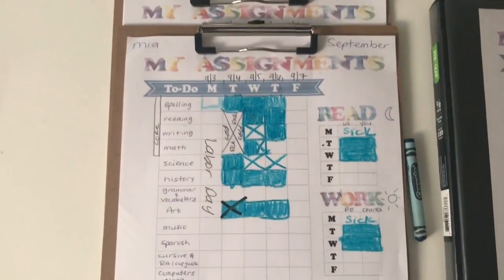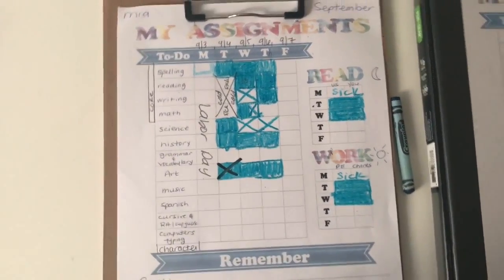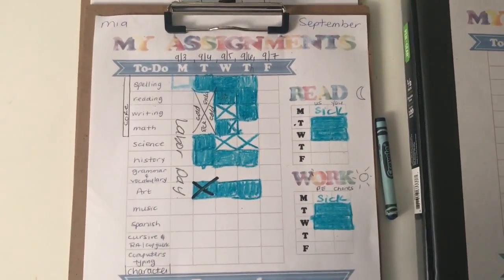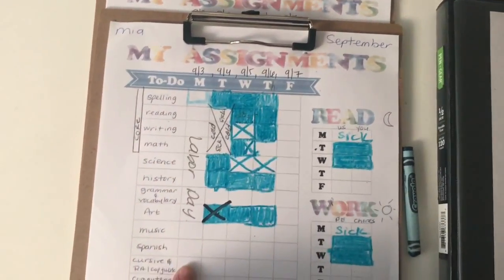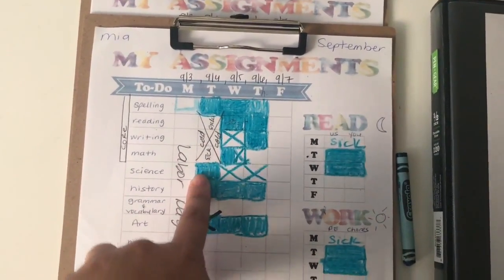So this is the first week of September, and they got a terrible summer cold over the weekend. We were spending some time with one of our best friends and their best friend from Tennessee who's recently moved, and they've been battling this cold. So we took the weekend off. We also had Labor Day off, and then Tuesday was a slow day because everybody was sick, so we kind of omitted these subjects,